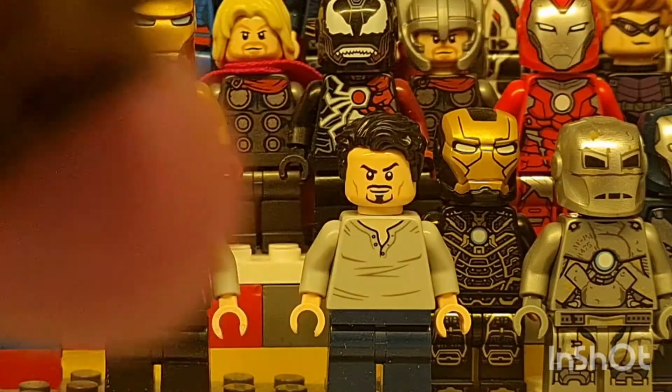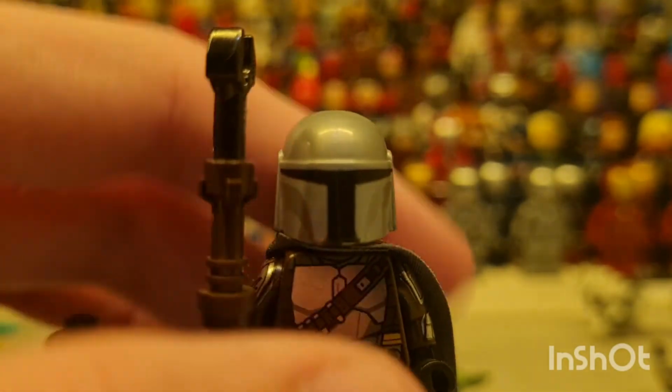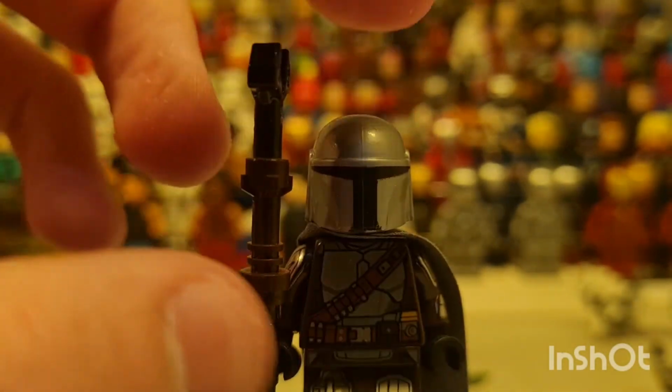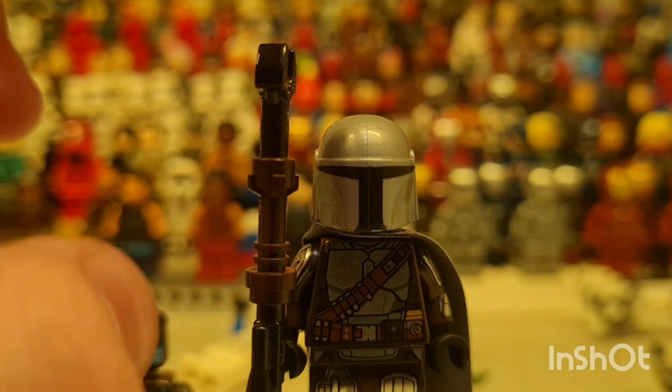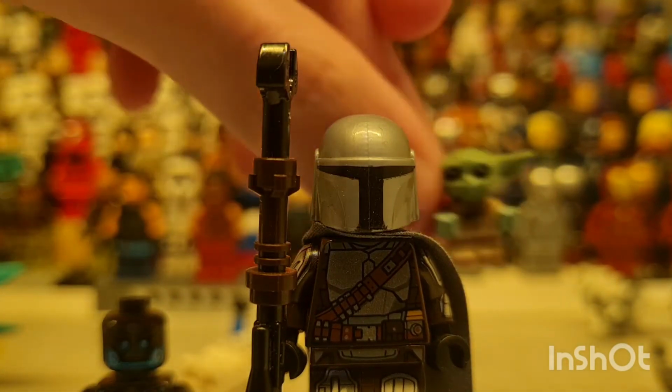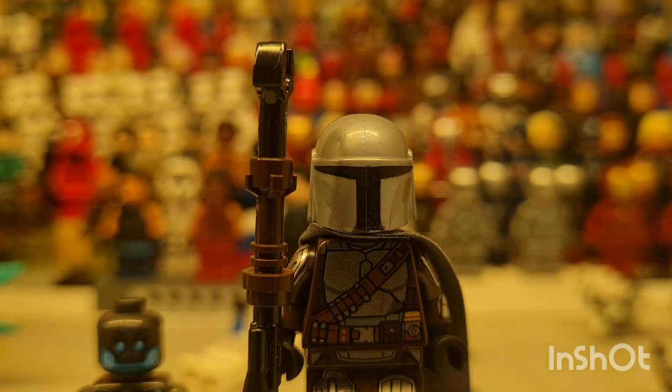I love this figure. The detail is so nice on it. The colours work. The helmet is a lot better. Overall, this is just an amazing minifigure. Definitely worth picking up the set just for this, because this is so good. And you also get Grogu, so who doesn't love this set? Anyway, now on to